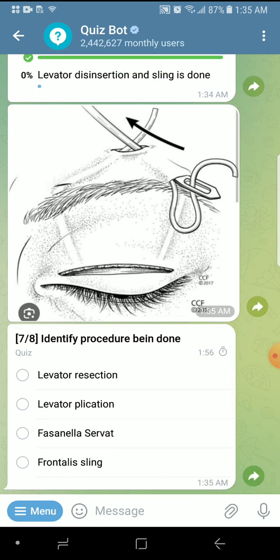Now this is the eyelid. Something is joining the eyelid to the eyebrow. In the eyebrow there is the frontalis muscle, and this is the sling which is mechanically elevating the eyelid in severe ptosis. So this is the frontalis sling operation,